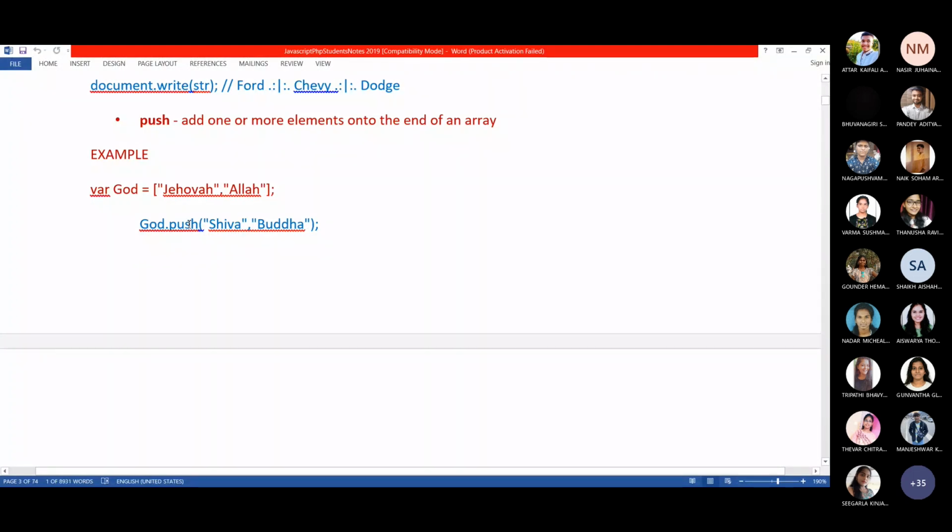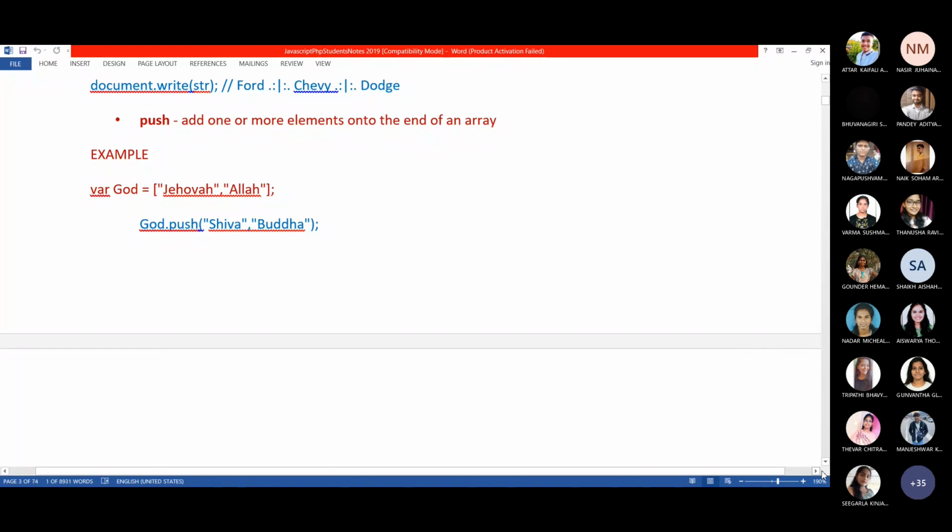But in pop, you are not going to add anything. You are just going to remove the last element. So you need not give any parameter. You will use only God.pop, with the parentheses. That's it.